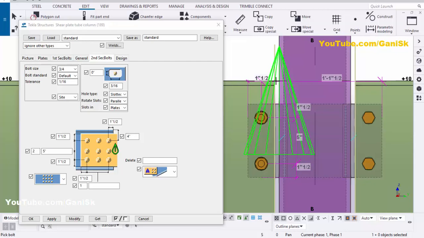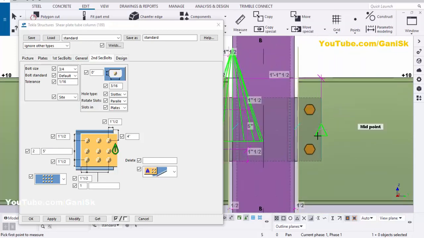To measure this bolt to edge of this plate, click on measure and select this horizontal distance and pick the first point and pick the second point at here and pick the side to create the dimension. You can see 1.5 inch. Similarly, you can measure the dimensions at here also for bolt to plate dimensions. Click on here and select this bolt spacing and pick the bolts, and then pick the plates to create the dimensions between bolt to plate. You can see 1.5 inch, and vertically 1.5 inch, 5 inch, 1.5 inch.